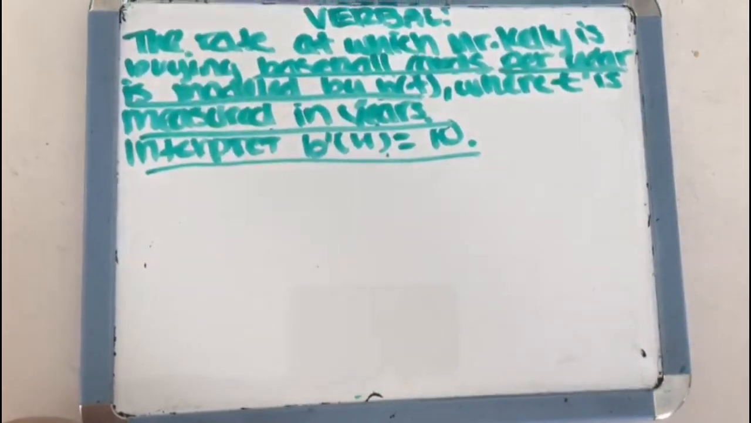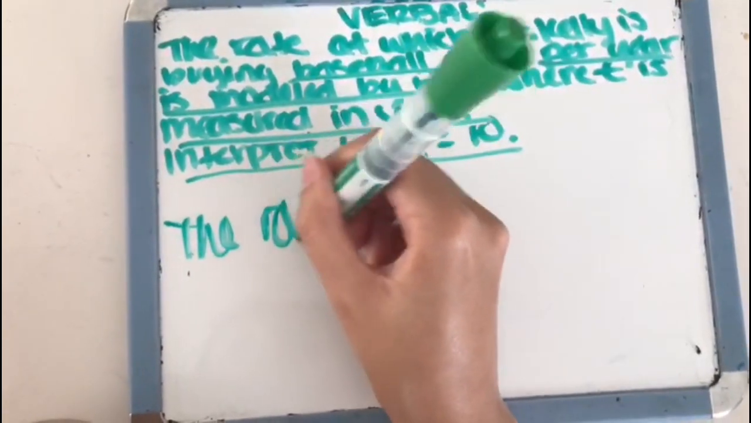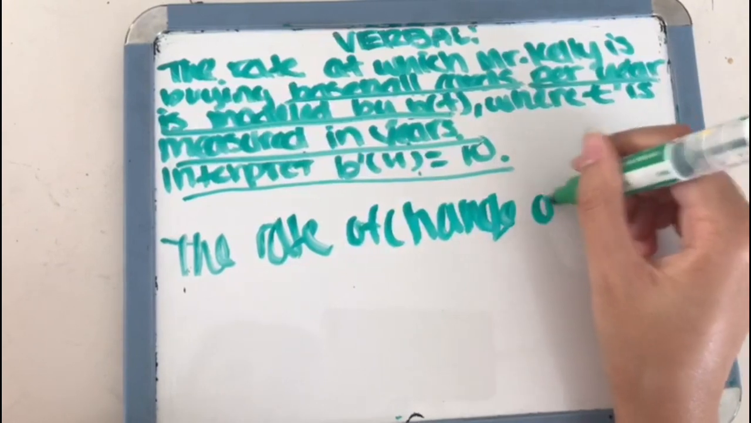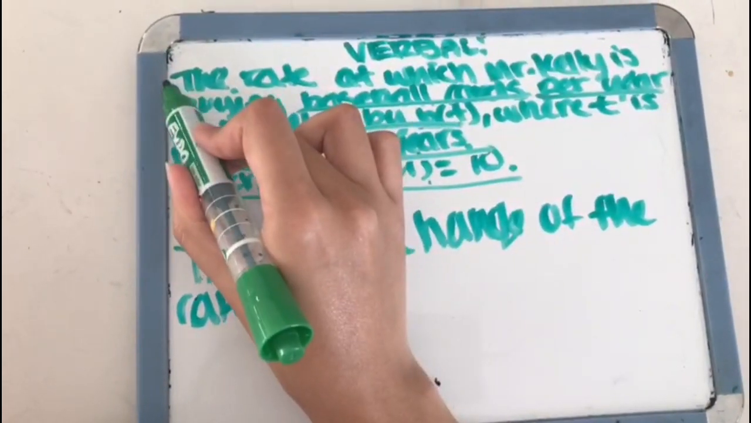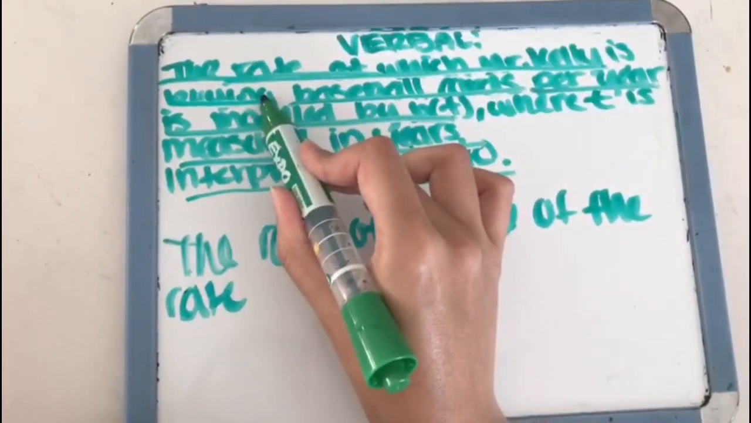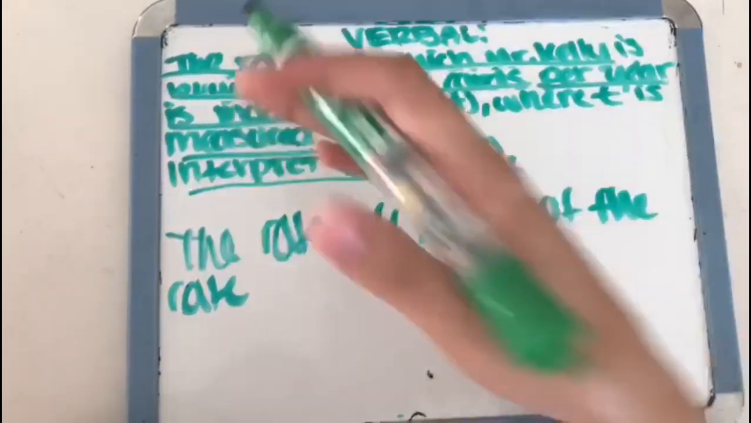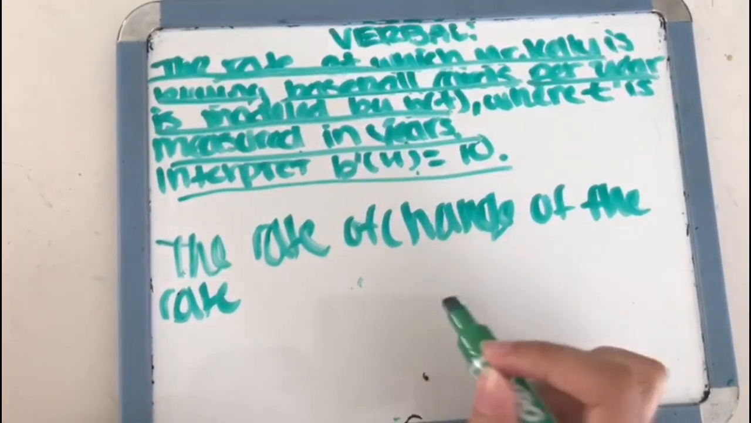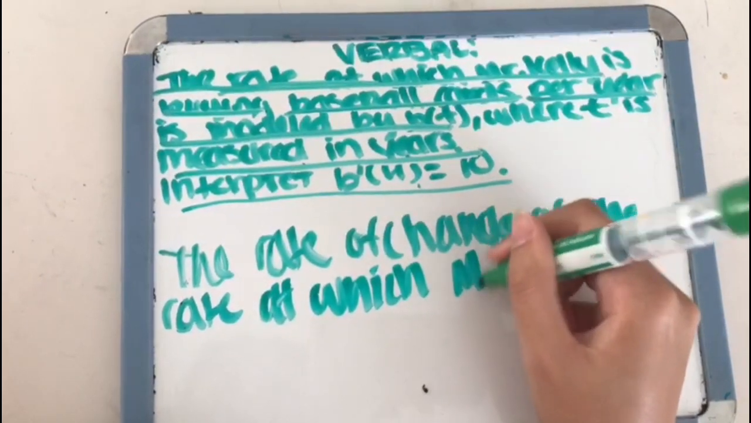Okay, so let's see where we can do this. The rate of change of the rate. I say of the rate because it already mentions the rate at which Mr. Kelly is buying baseball cards. So that's why I say the rate of change of the rate, because they already mentioned the rate, so we just do that again. The rate of change of the rate at which Mr. Kelly